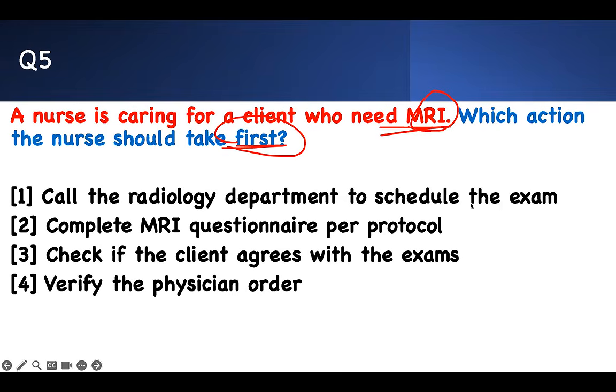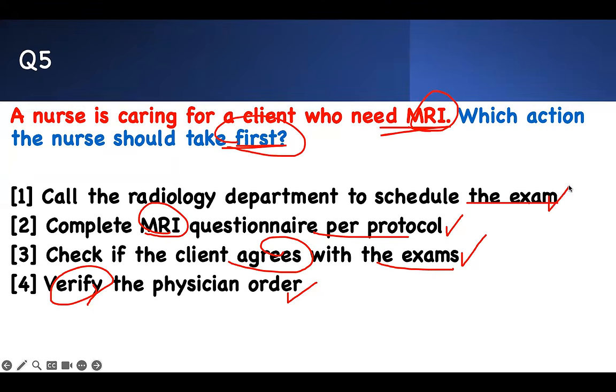You call the radiology department to schedule the MRI, complete the MRI questionnaire per protocol, check if the client agrees with the exam, or verify the physician order. You see, I'm underlining keywords. All of them are right. But the first thing when you get an order to get an MRI, check with the physician that you verify the physician order. After you verify, you tell the patient, hey, you're going to get an MRI. Do you agree? Do you want it done? They can refuse. After they agree, you do the questionnaire to make sure all the checklists per protocol are done before you call the